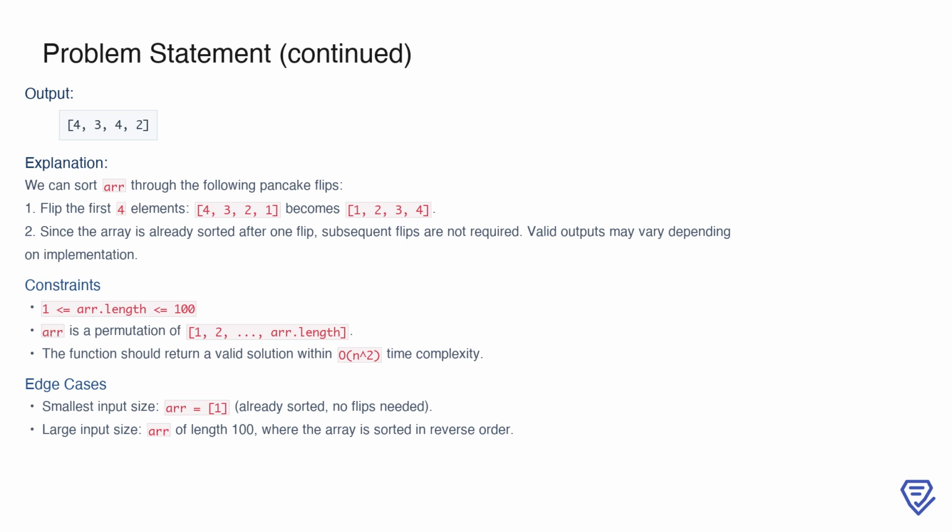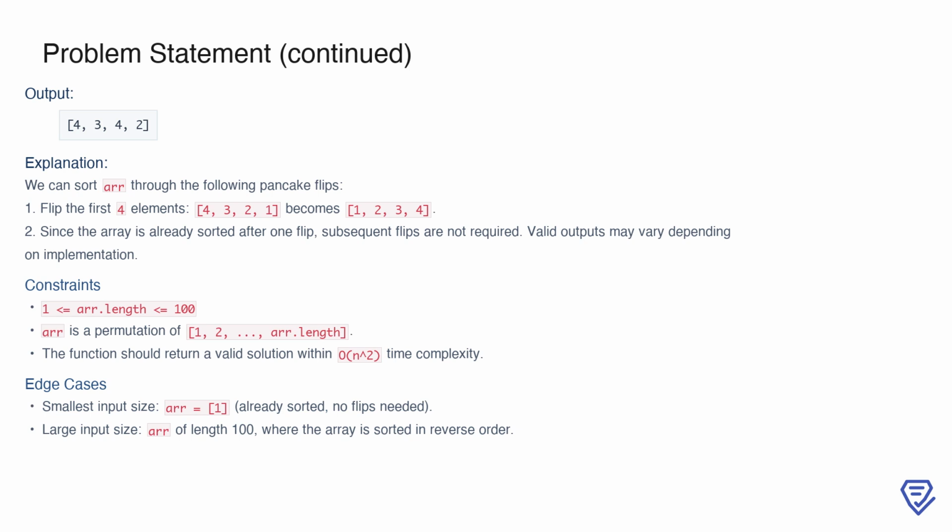Let's explore one more example. If the input array is ARR equals 4, 3, 2, 1, we can sort it with the following sequence of pancake flips. First, we flip the first 4 elements, transforming the array from 4, 3, 2, 1 to 1, 2, 3, 4. Since the array is now fully sorted, no additional flips are required. The output in this case could be 4, or depending on implementation, it might include some redundant flips, such as 4, 3, 4, 2. The key is that the final result must be sorted, and the solution must stay within